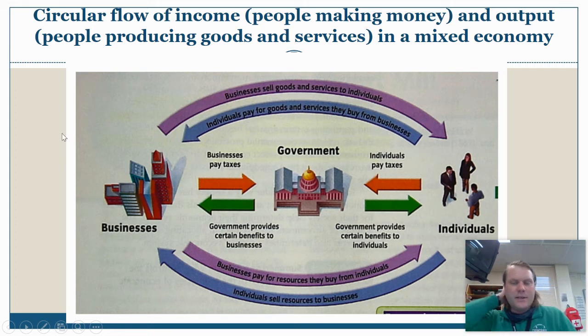As complicated as the economy can be, it's a pretty simple situation: people are going to be affected in how much money they make by the job they have, and the government can also play a role in that too. And again, the government is trying to do things to satisfy as many people as possible.